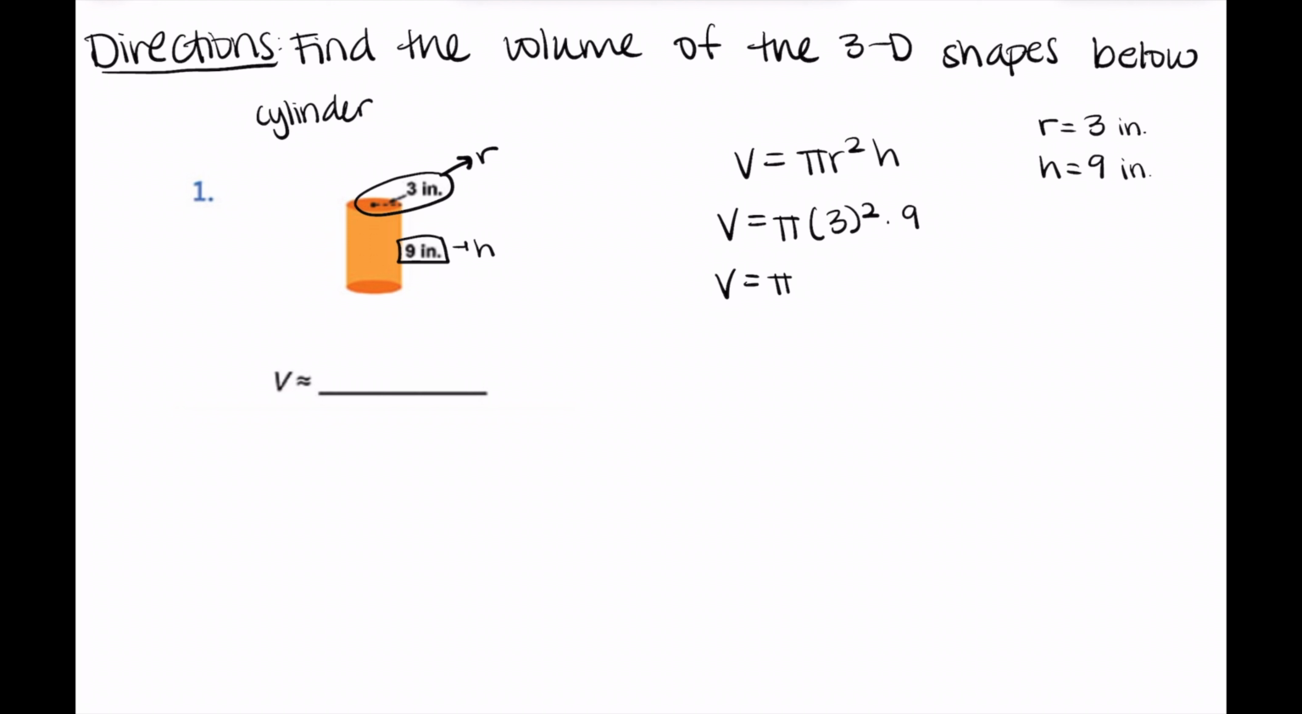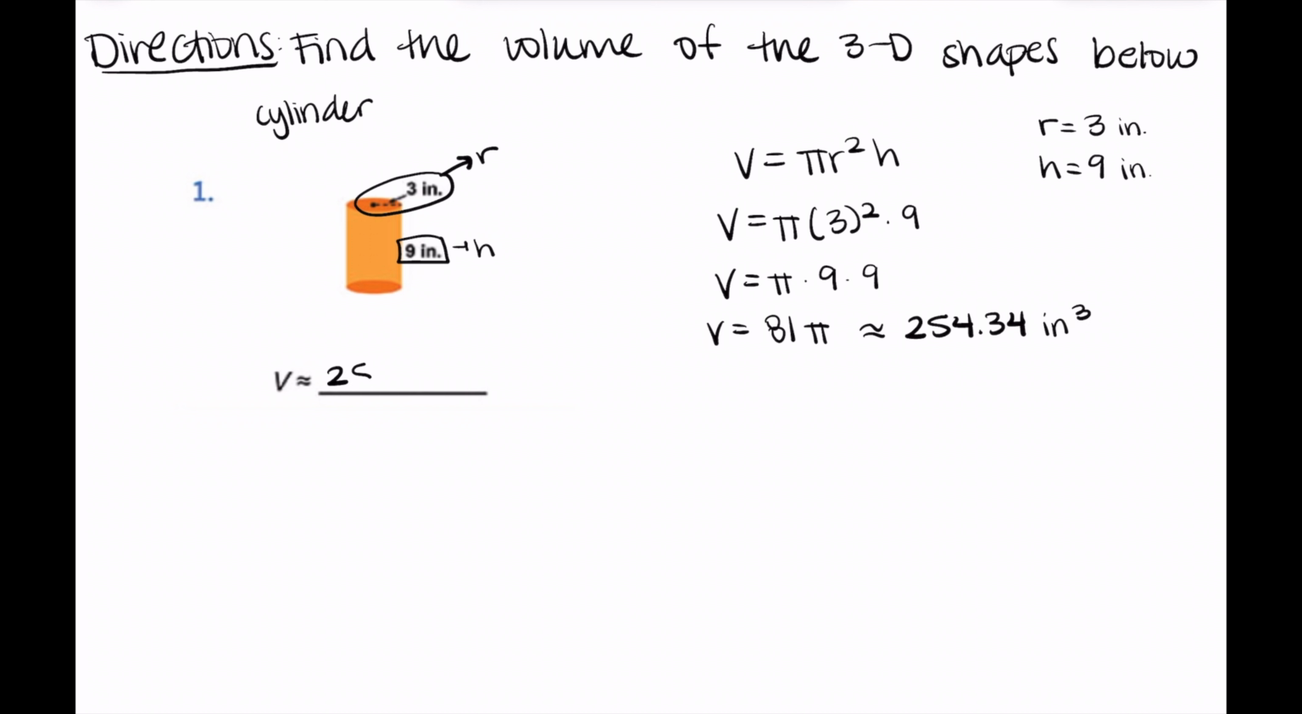So we'll go through here. We know that 3 squared is 9, right? 3 times 3. So we have pi times 9 times 9. That gives us 81 pi. And now we'll multiply the 81 by pi, and I want you guys to approximate pi to 3.14. So when we do 81 times 3.14, we end up getting